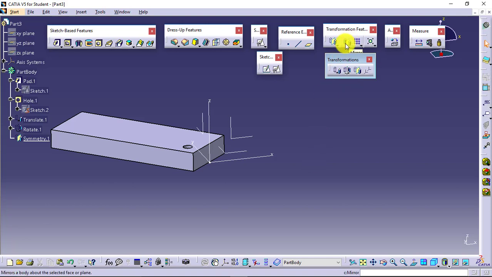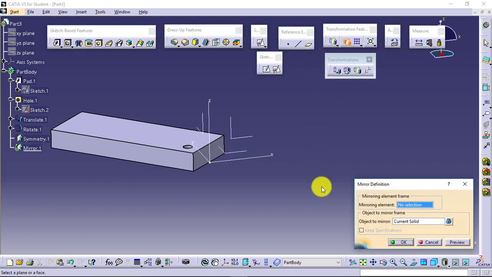Next we have mirror. Now we have an option available for selection of what exactly you want to mirror. The mirroring element is the one about which you want it to be mirrored, I will say about this. But what exactly you want to mirror, it is asking you, object to mirror, frame.